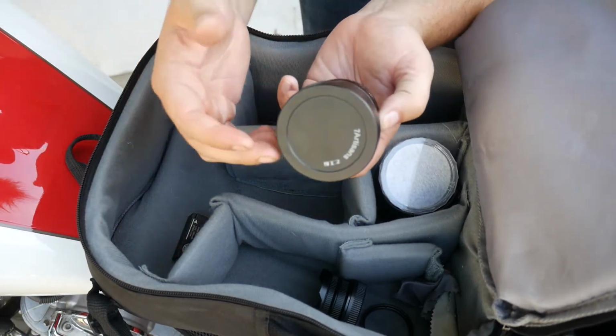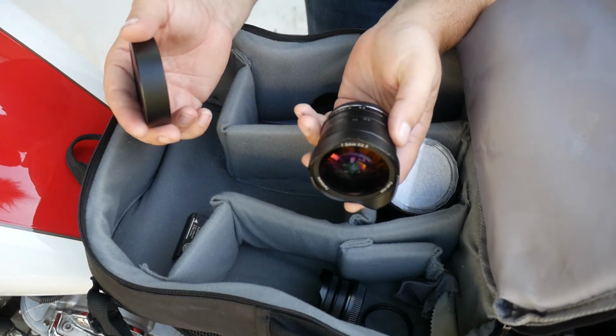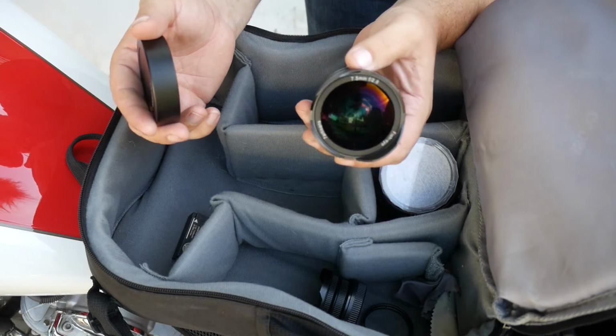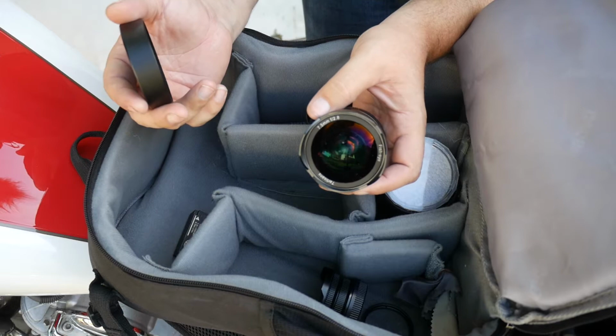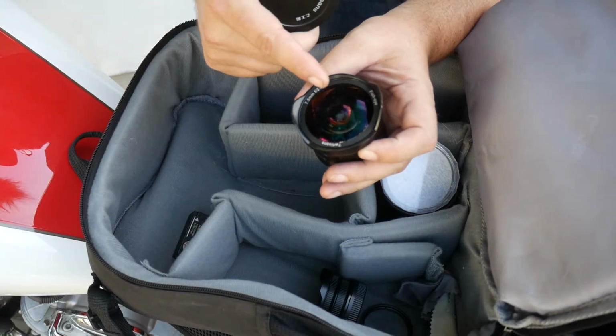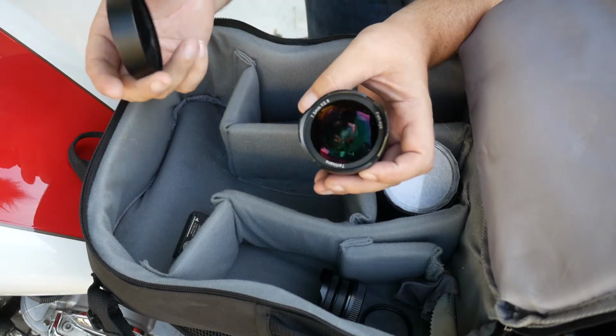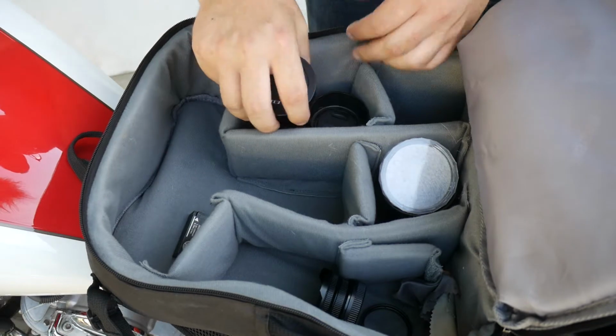This is my 7 Artisans 7.5 millimeter fisheye. Could probably use a little bit of cleaning. These are about 100 bucks. Listen, you're gonna break a lens or two filming. It's gonna happen. You jam this right up to someone's skate, get really cool shots, but you can see I'm scraping off some of the coating on there and all that. Definitely a cheap fisheye. Absolutely needed. Past that,